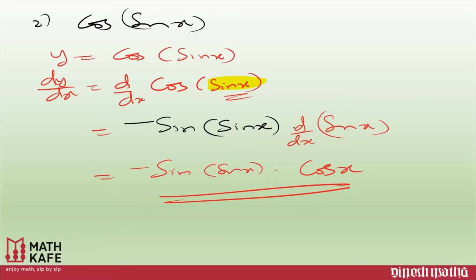Let us go to the third example. We need to differentiate x square plus 1 whole to the power 10. So we'll say y is equal to x square plus 1 whole to the power 10. This means again we will assume it as something raised to 10. Always the power will be given the priority, and powerful person, you know that the leader, you need to follow the leaders, give the priority to the power.